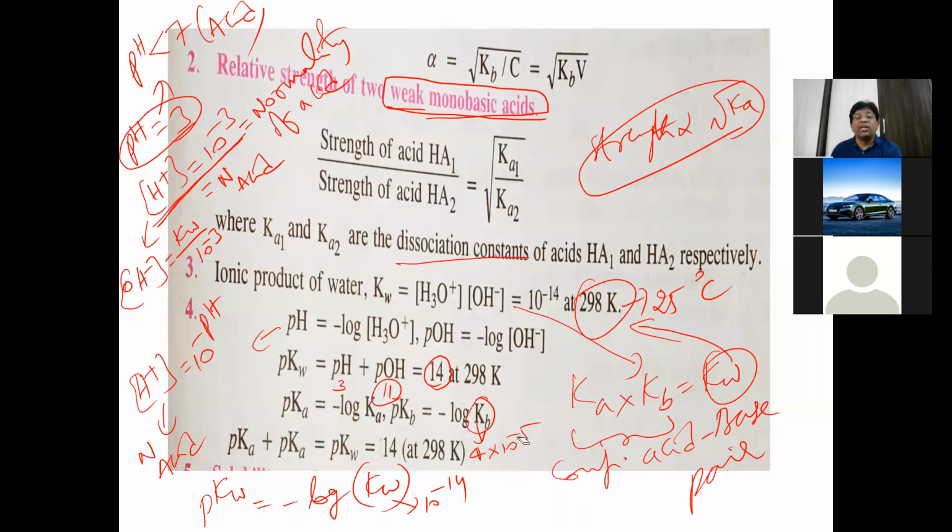So if the Kb value is given to you, then pKb we can calculate: minus log of Kb value. Like that, minus log of Ka is equal to pKa. And also remember, pKa value plus pKb value must be equal to what? pKw. That is 14. pKa value plus pKb value is equal to 14. That is pKw, at 25 degrees Celsius, or 298 Kelvin we can take. Once take the screenshot of this one.